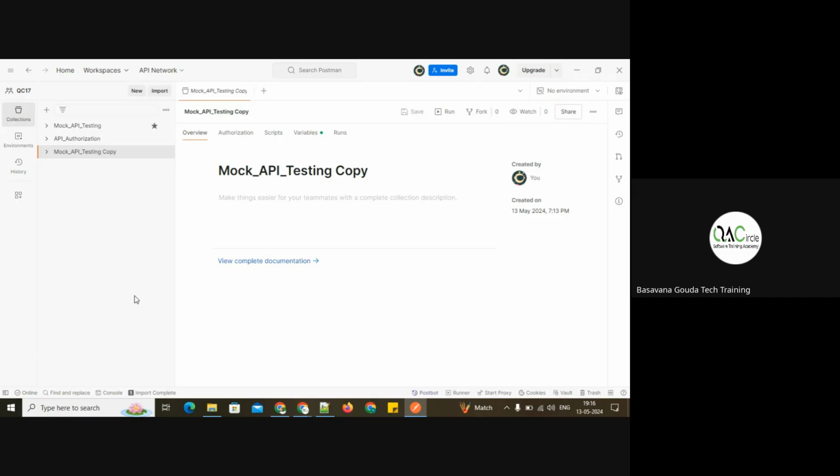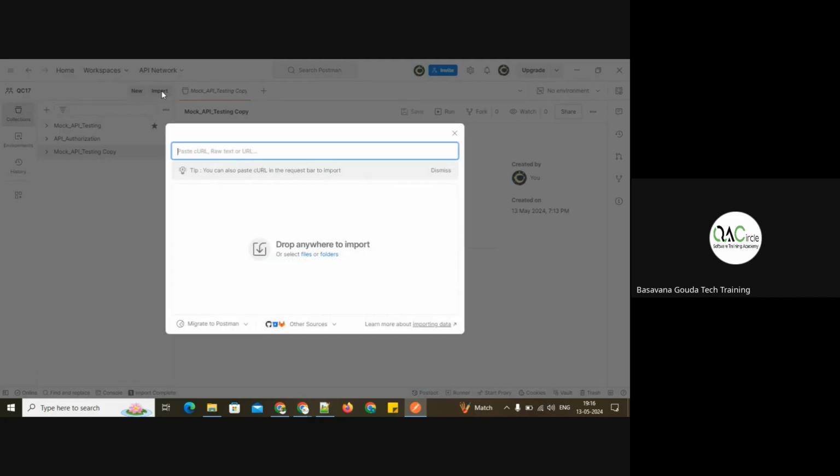Second step: click on import. Under that, write point A: we can copy and paste the curl URL. I'll teach you what a curl URL is in the next class. We can copy and paste the curl URL,